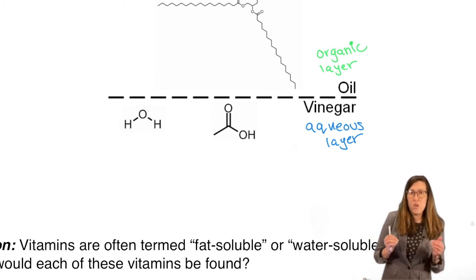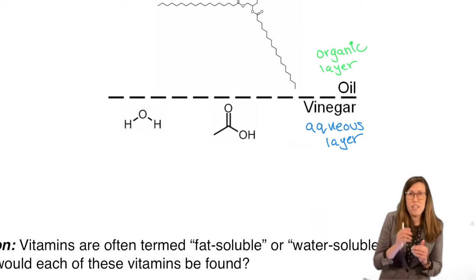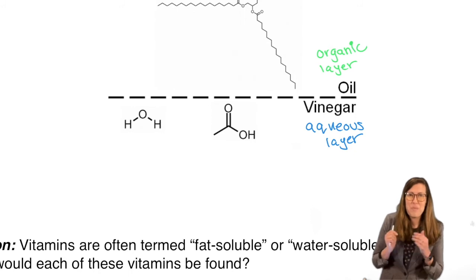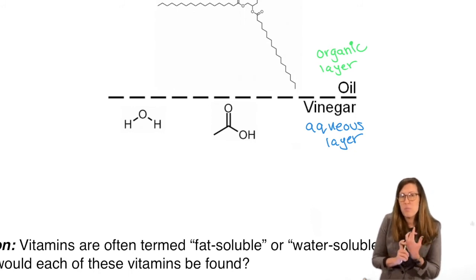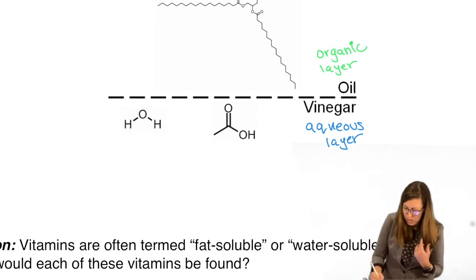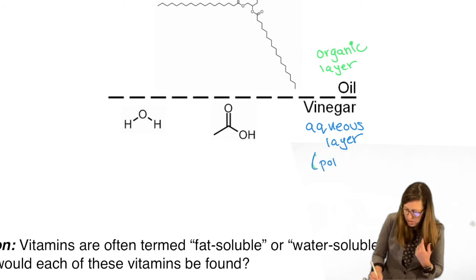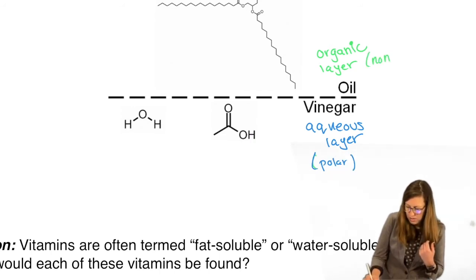We could take oil and water, and then we could start adding things to the oil or water layers, and it's going to choose its layer, like food coloring. You could try that at home. Add some food coloring and see which layer it goes to. It'll tell you whether it's mostly a polar compound, which is what you see in the aqueous layer, or a non-polar compound, which is what goes to the organic layer.